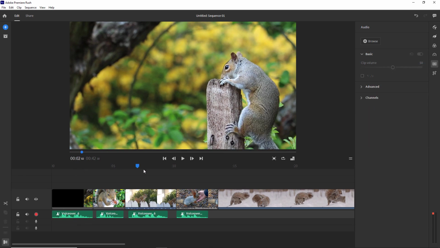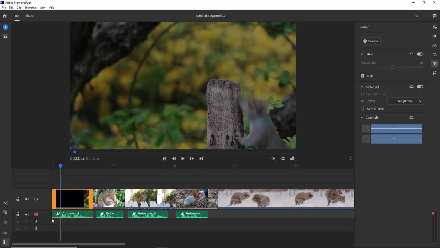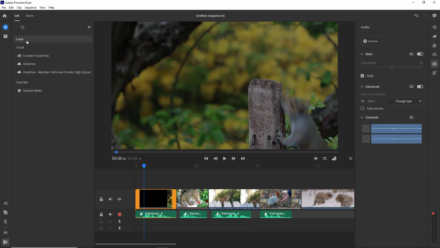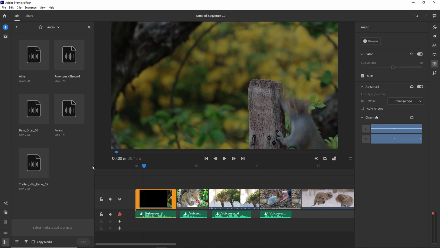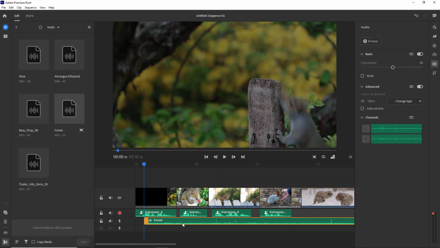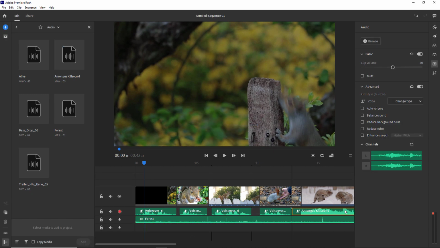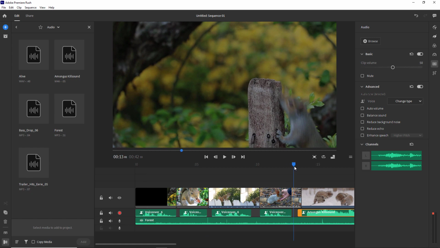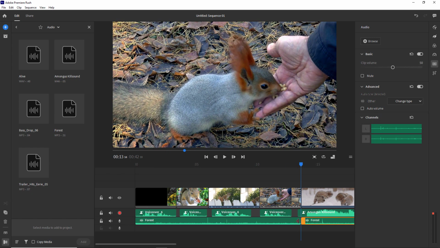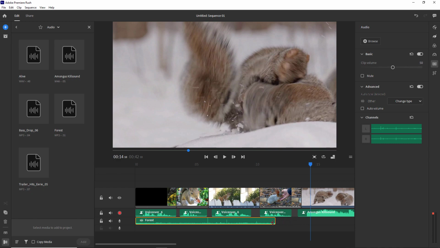And then I want to backtrack on this so that I have some kind of background ambiance. So I'll go ahead and grab that. I'll hit this plus icon, Your Media, go into my audio folder, and I have this called Forest that I want to grab. I'll add that track in, and it puts it down there at the bottom. And then I want to add more tracks. I want the Among Us kill sound at the end. So it's going to add that in when I hit add, and then I can move over here. And then this track down here, I want to split it and get rid of it towards the end there,